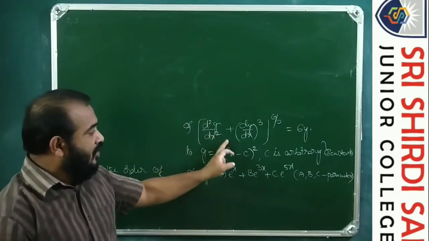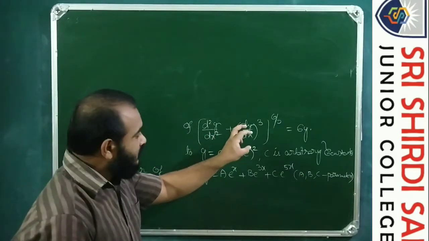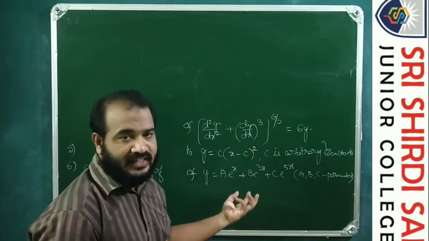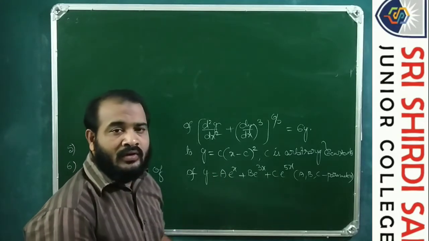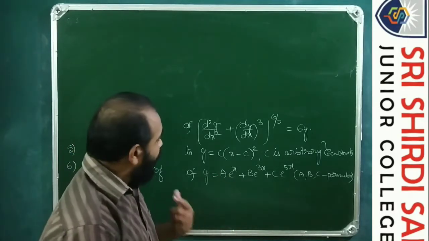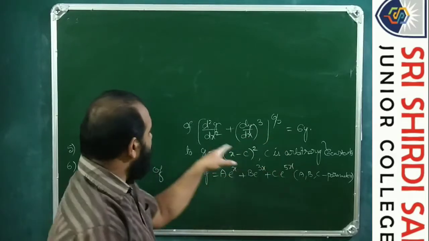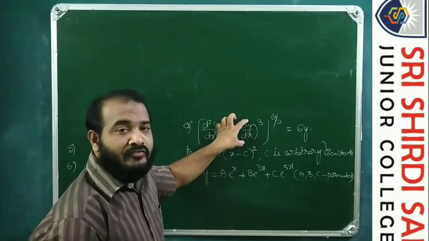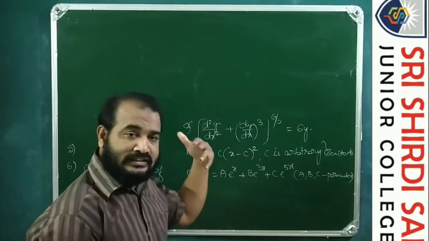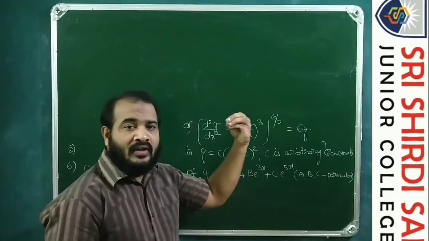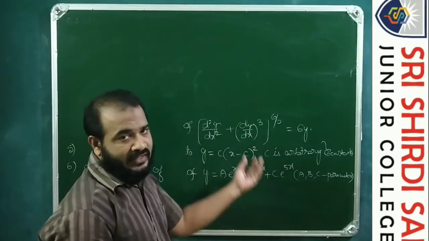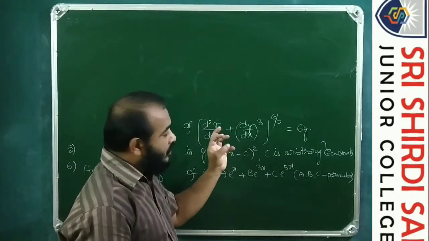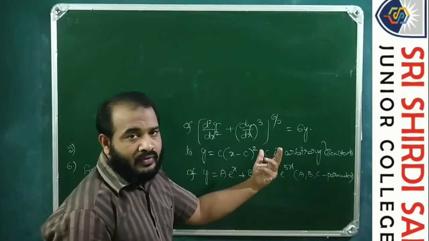What is the order and degree of this? Under normal conditions, we can say the order without taking much effort. We can say that dy by dx is the first order derivative and d square y over dx square is the second order derivative, which is greater than the first order derivative. Therefore the order is 2. That is clear. So we don't have to put in effort to give the order, but to find out the degree, we actually have to put in some effort.